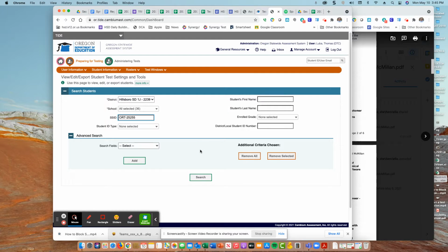that SSID field. Of course, if you need to enter these for the screener, you would enter their temp ID in that field instead of an SSID. But for all the rest of the assessments, you would enter their SSID. So once you've done that, or you can search by student name, you can select their enrolled grade. You can even plug in the Synergy ID over here in this field if you have that. So there's a number of ways to get to that